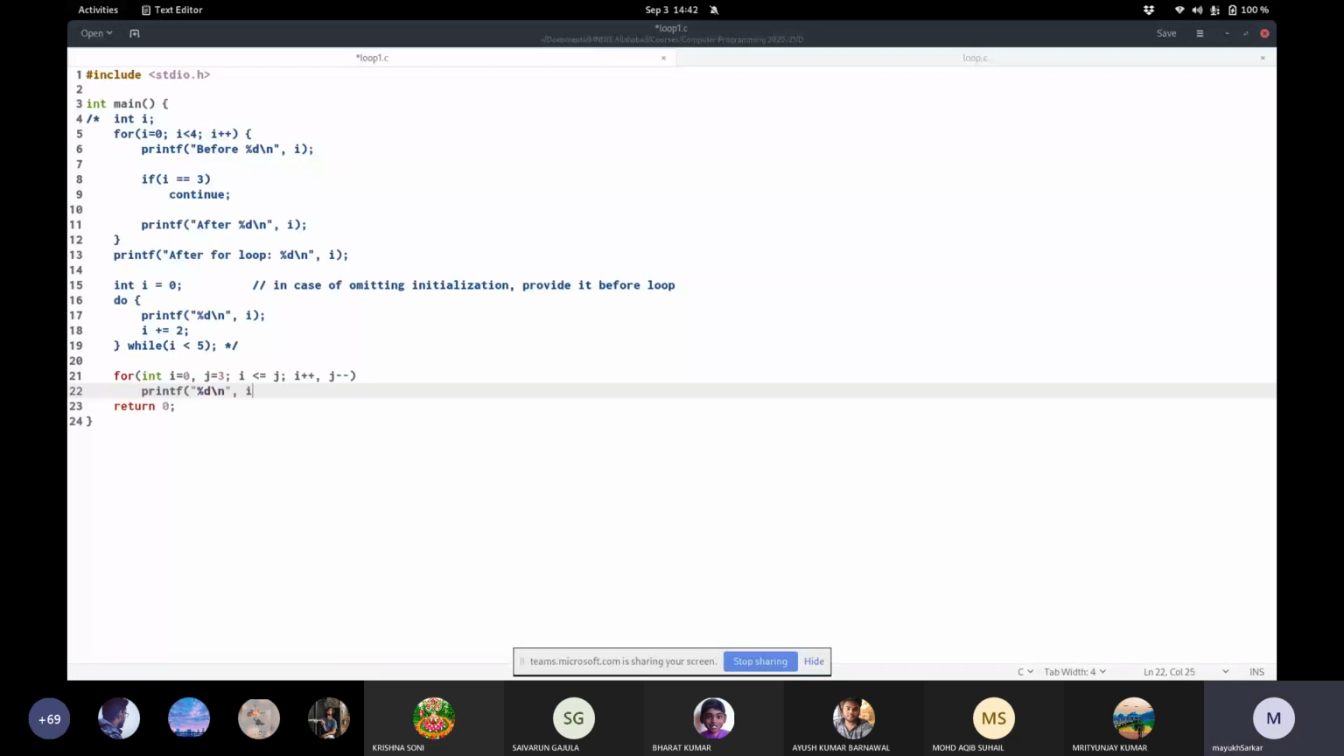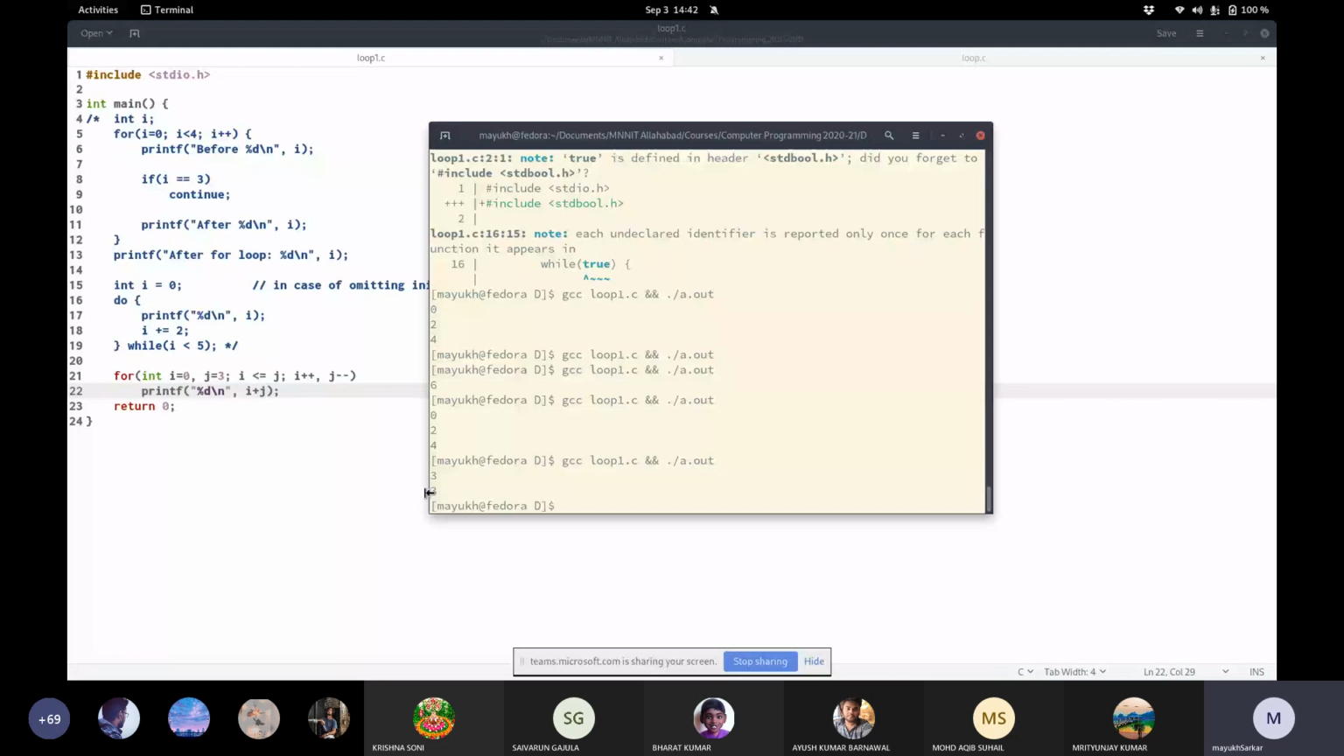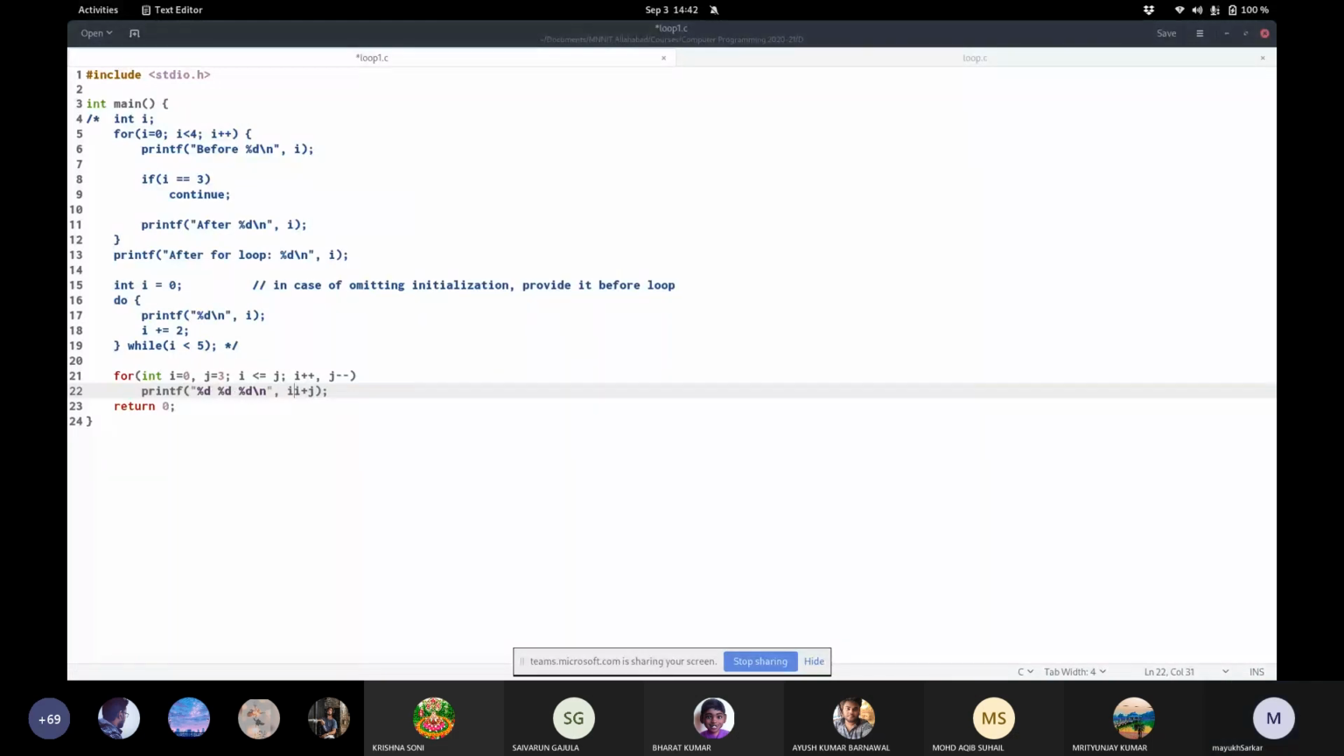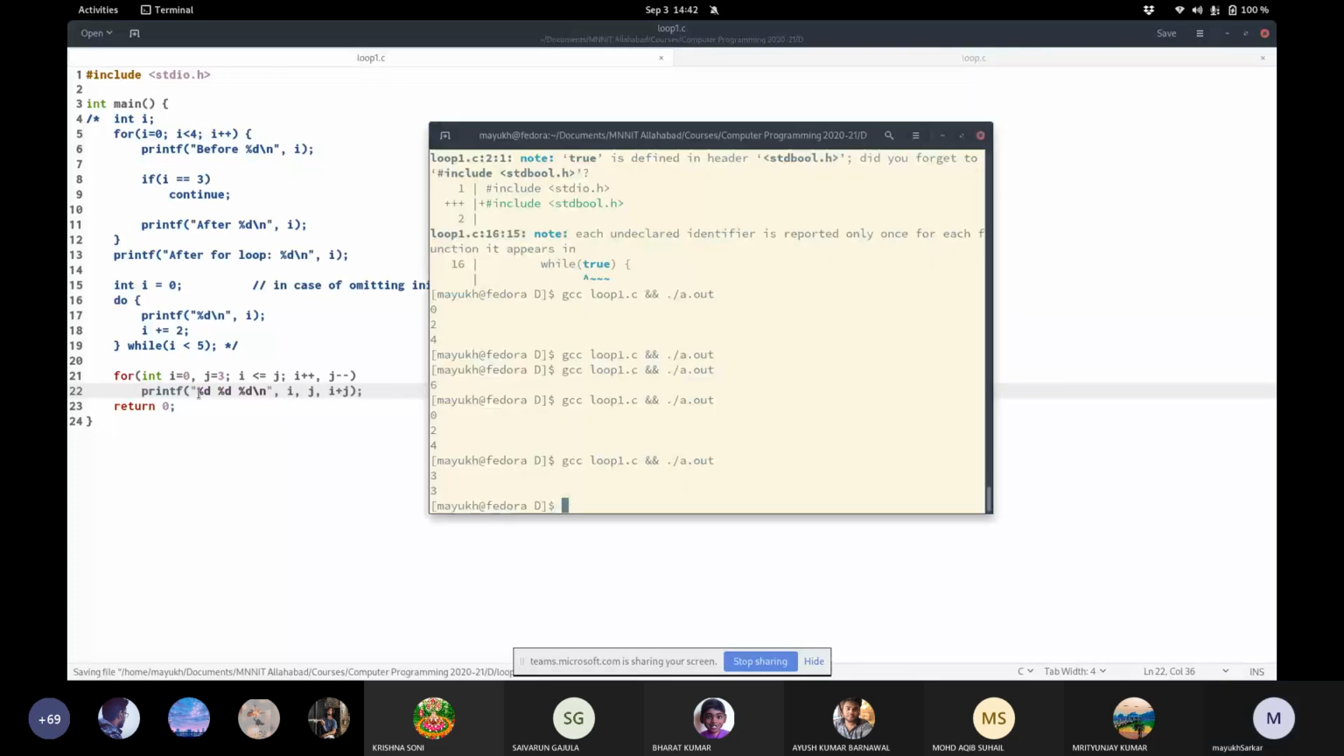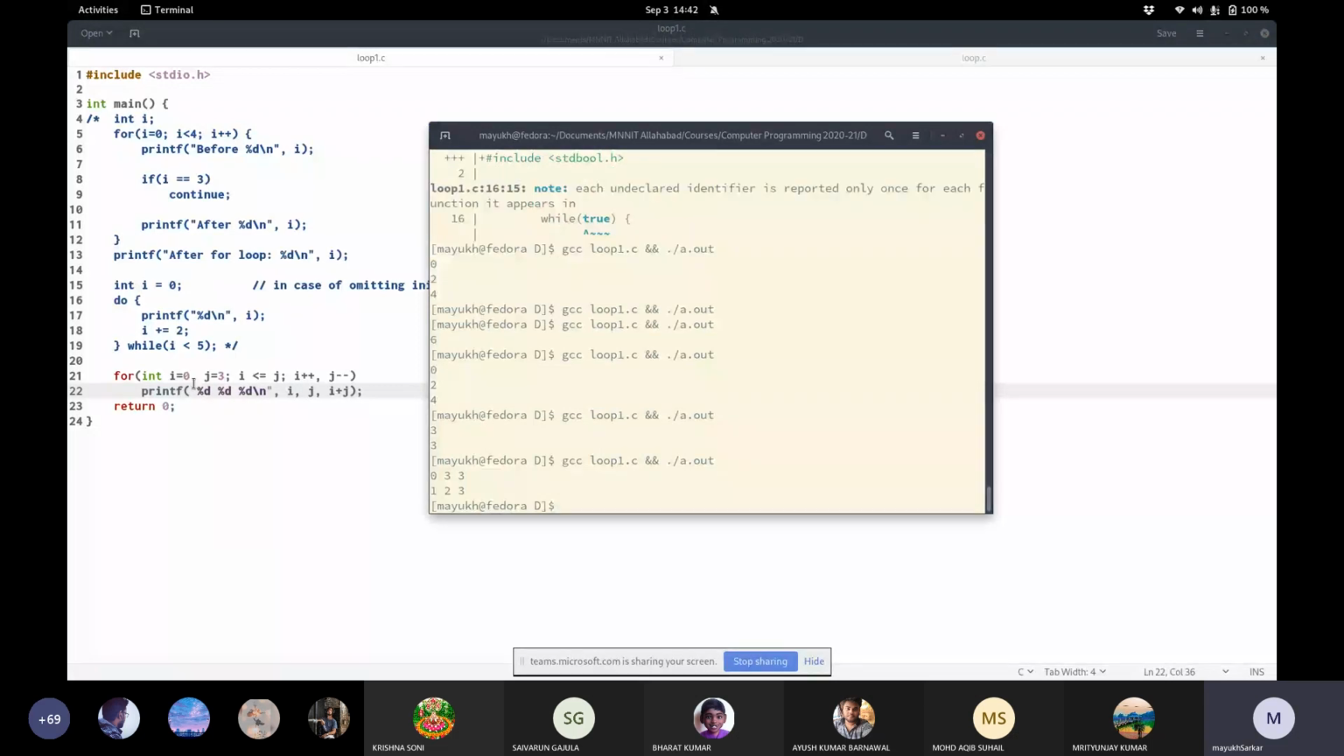And if you execute this, you can see 3 gets printed 2 times, because both change simultaneously. Let me show how i and j are changing. So I'm printing i, j, and i plus j all together. Initially, it started with 0, 3, where the sum was 3. Then, when it executed, these two statements got executed one after another